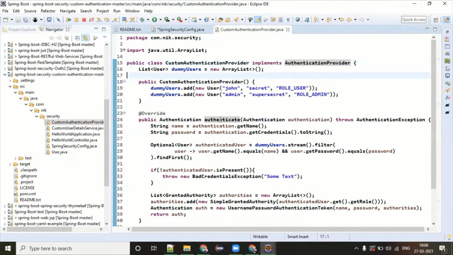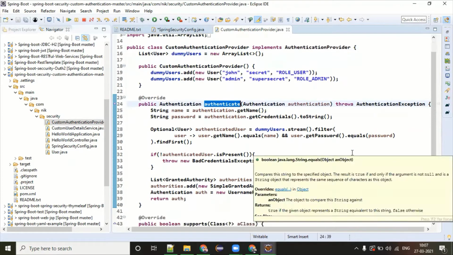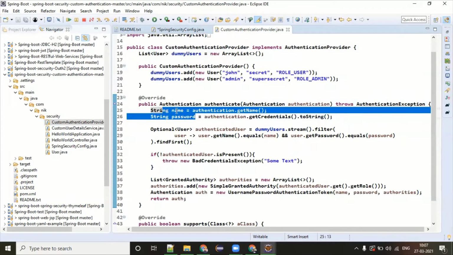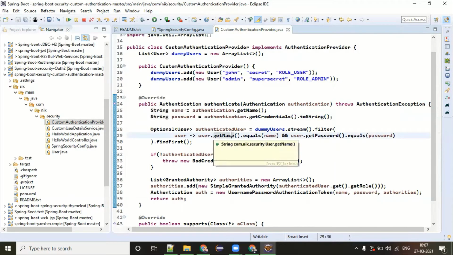Under this, you have one method called authenticate method. This authenticate method is going to give you an option where you can write your own logic, from where you are going to hit, it could be a JDBC, it could be a database, it could be AWS, wherever you want to connect. The only things you need from this Spring Security authenticate method are the username and the password. So once you have this username and password, you can easily write your custom logic to authenticate